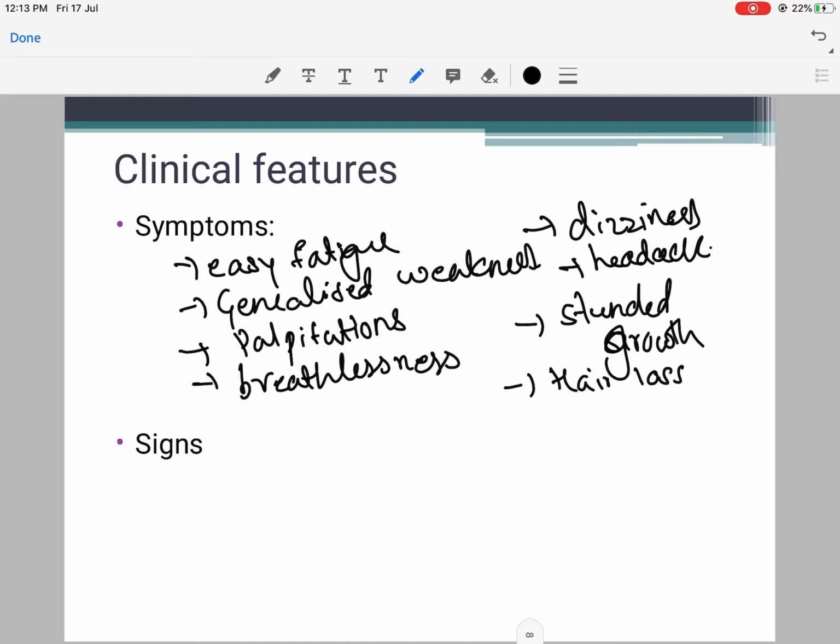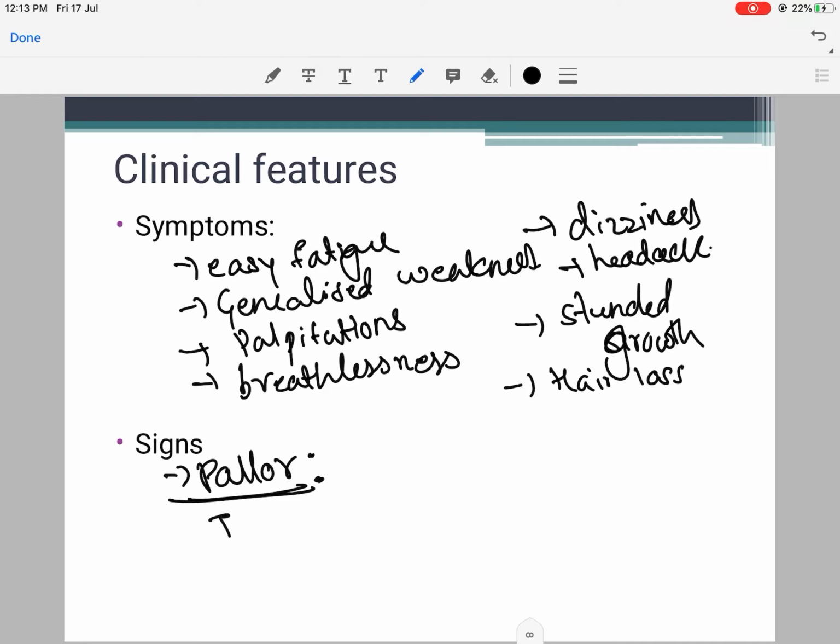Now when you examine the patient, the most important feature which you see is pallor, which is seen in the palpebral conjunctiva or any mucous membrane, or on the palms as well as the nails. So whenever you see pallor in any patient, you look for other features of anemia. What are the other features of anemia? Other features seen are because of the cause of the anemia.